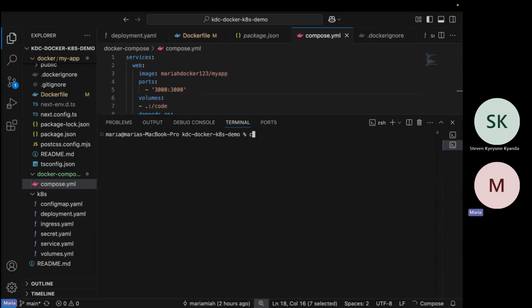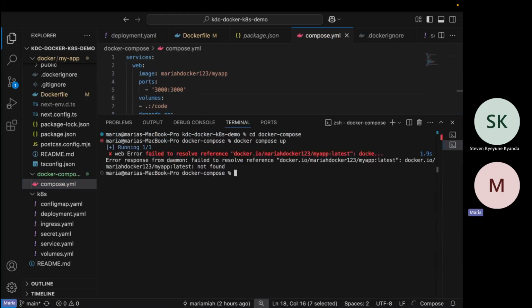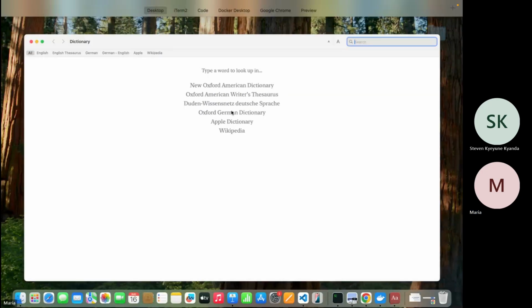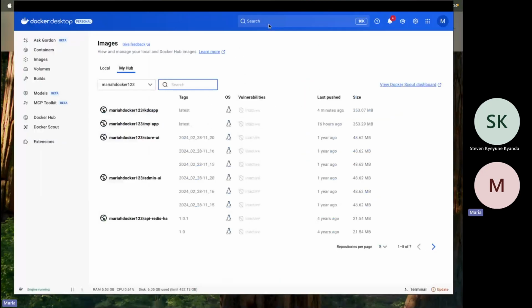If we go to this folder, docker compose up is now pulling the image. Okay, what's the name of our image? It's called KDC app.